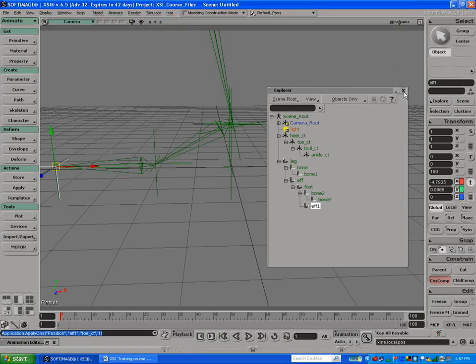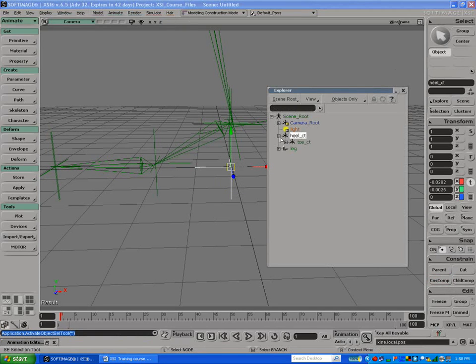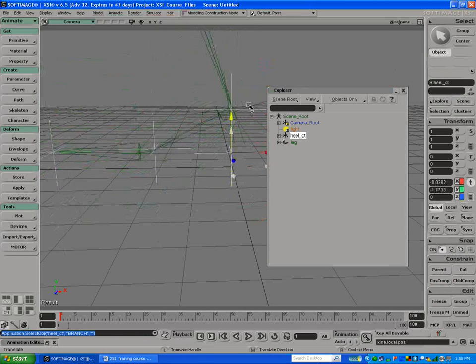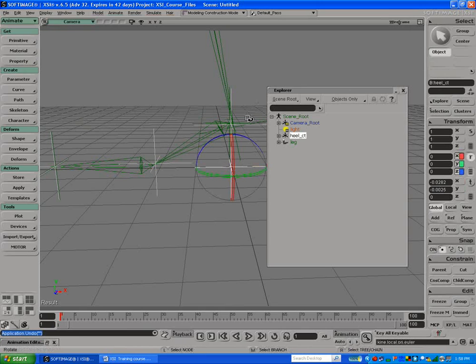And if all works, let's turn the compensation off. I should be able to hit the heel with my middle mouse button as a hierarchy, and we should be able to move this, and the entire foot will move. We can also rotate this to rotate from the heel, or we can pick the ball. If you want to pick these as a hierarchy, middle mouse, rotate from here, and you can see it rotates. If you just pick it by itself, it will still work because of the constraint, and then of course